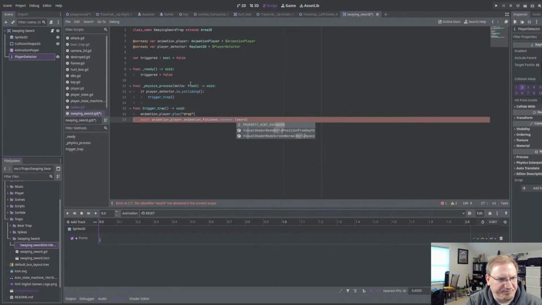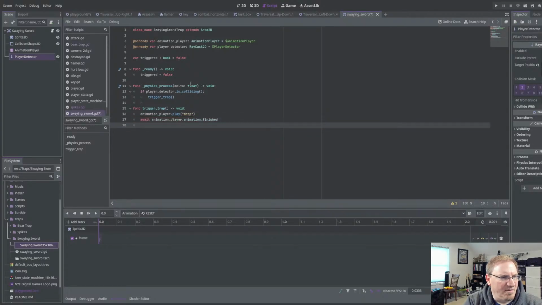Sword fall. Okay. Now, if we're going to await it, we don't need to do anything else. There we go. So we're going to wait. Once it finishes, we need to then start moving this object. So we're going to do